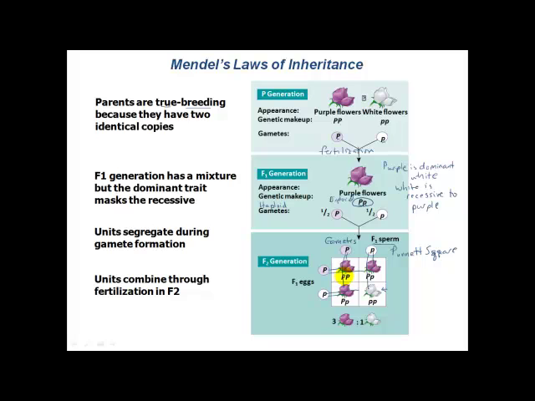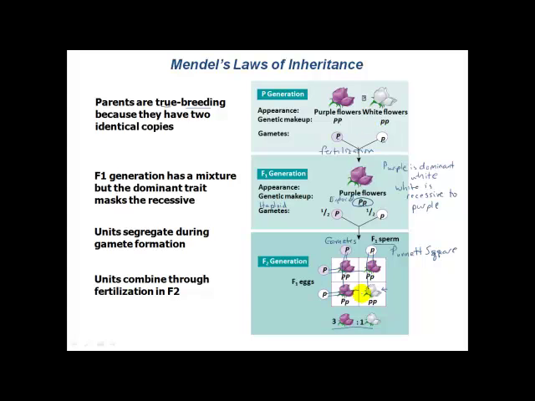And what do we end up with? We see that 1 out of 4 of the offspring we would expect to have two alleles that are the purple allele, 2 out of 4 we would expect to have one of each, and 1 out of 4 we would expect to have two alleles that are both the white allele. Now, that would be their genetic makeup, but what is their physical trait going to be? Well, we know from the previous generation that all of these hybrids that have one of each type are going to end up with purple flowers, and these match the starting parental generation that we began with that had white flowers, and so we're going to end up with that classic 3-to-1 ratio that Mendel observed.